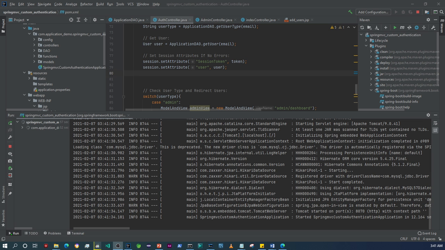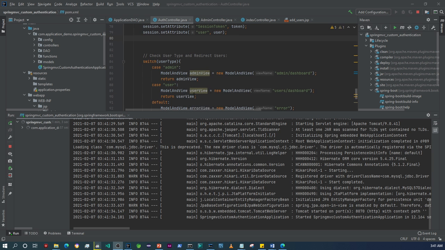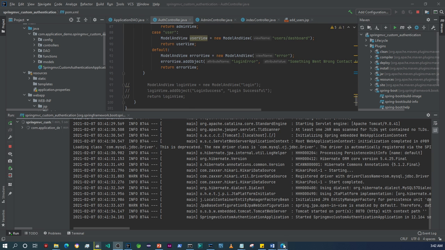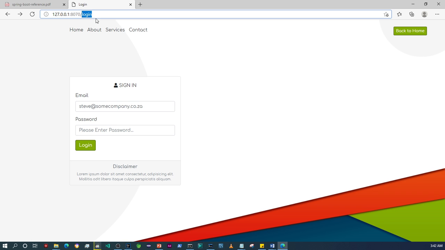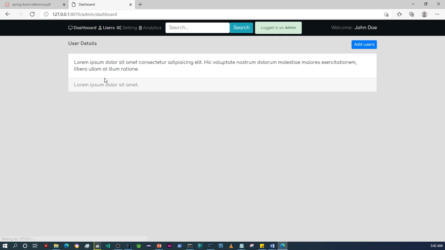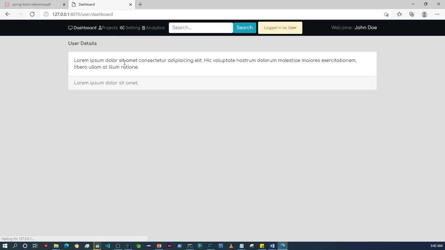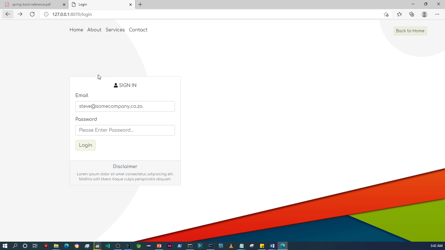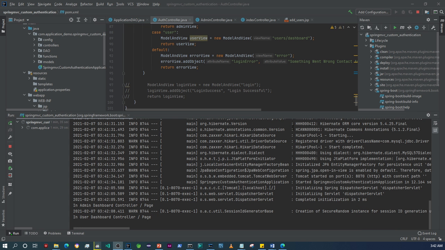All right, so in this video, we're going to be implementing some access control. What I mean by that is that if you check now within our application, if a person wants to go to the admin dashboard, they can just do that, and without logging in, they can access the admin dashboard, even the user one as well. It's pretty much the exact same thing. They just have to type out that and they can get to the user dashboard without logging in. So this is what we're going to be working on today to prevent any users from accessing those pages without logging in. Now for that, we're going to be using